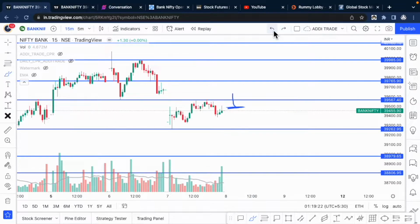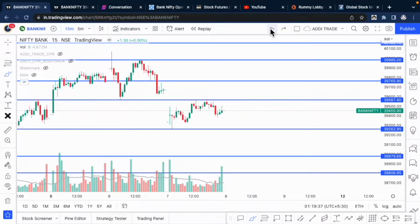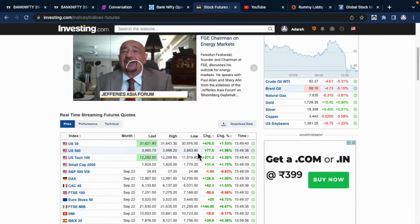Now all this will work beautifully if we get a pretty flat opening, somewhere over here or closer to this, or a small gap down closer to this. If we get a huge gap down or a huge gap up, then the scenario might change. Now whether it's going to be a gap up or a gap down, we are going to see that on the